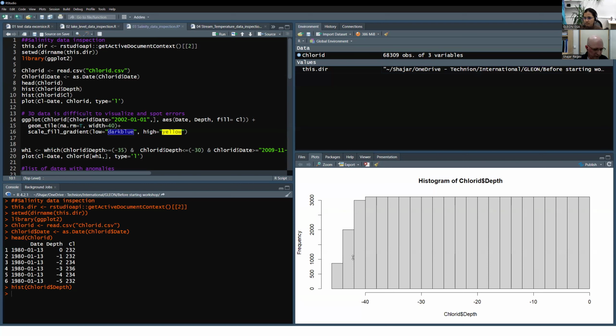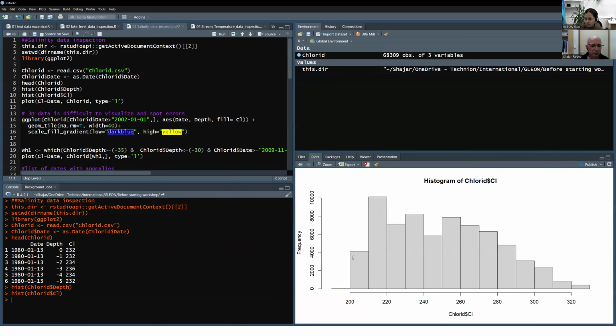So with less data there. Let's look at the histogram of the measurements of the chlorides. Also looks pretty nice. We don't have very extreme points. And if we plot the whole data,